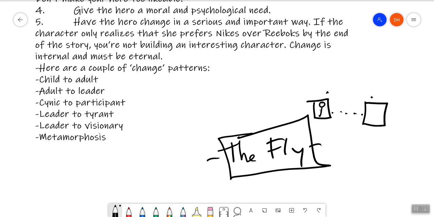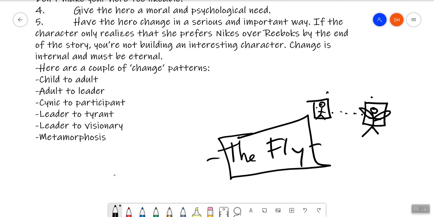Okay, so at one point, right, he gets in the machine and he's going to teleport himself, but what he doesn't notice is there's a fly inside the machine with him. So when it teleports him, right, it kind of combines him with the fly. So he starts to develop these fly-like qualities. The visual effects are pretty grotesque in it. And so he literally changes physically. But metamorphosis is about physical change.